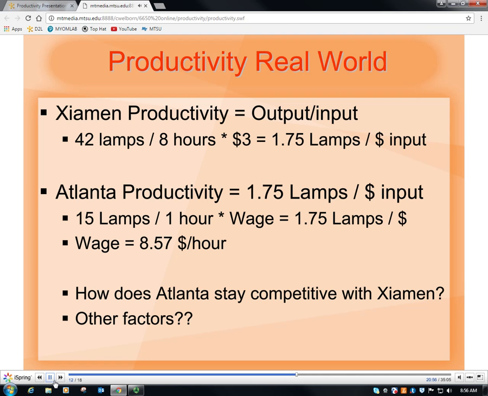$8.57 an hour. So how does Atlanta stay competitive with Shaman? I mean, is that the answer, that you have to pay the employees $8.57 an hour, and that's the only way you can be competitive? Remember, this productivity is a ratio. It's output divided by input. If we want productivity to be higher,